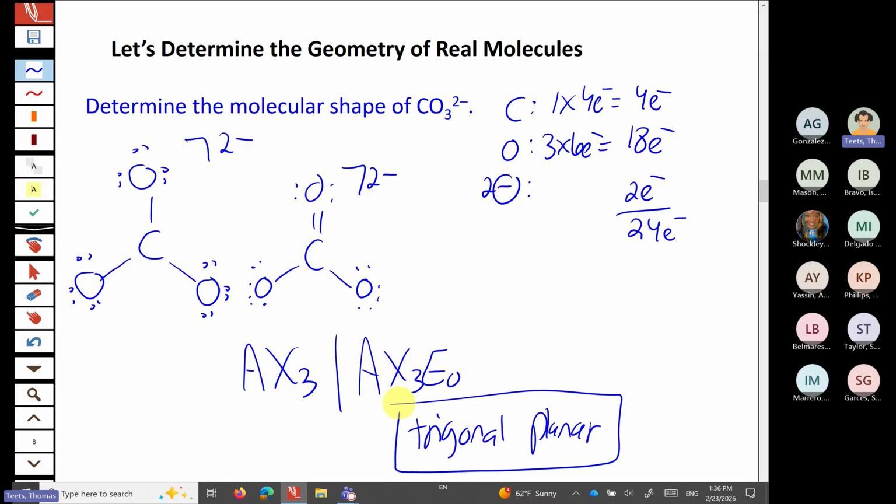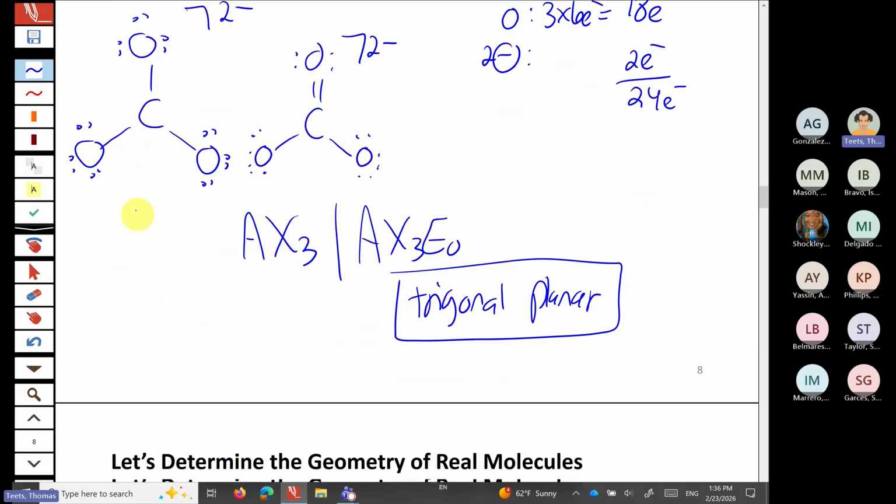So again, you need a mostly complete Lewis structure, but details like double bonds and resonance structures don't really matter for VSEPR. All right. And then just probably one more, I think. Xenon